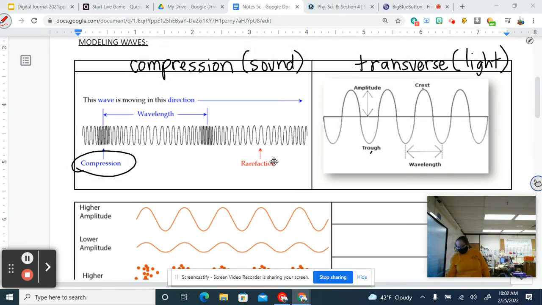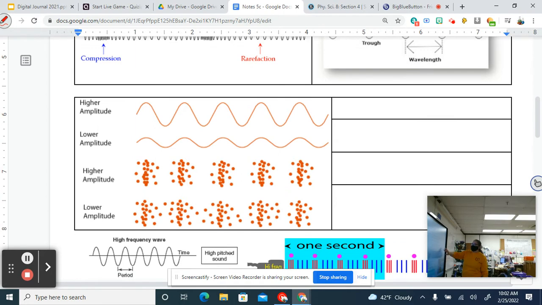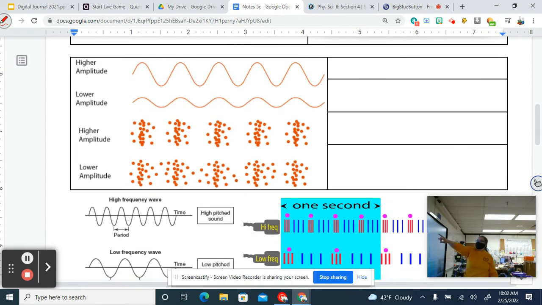Now, do we sometimes represent sound waves in an up and down fashion? Yes. But all they're doing is saying that the crests are the compressions and the troughs are the rarefactions. They've just switched it up. But the way that sound moves is like this, not like this. All right, so now we got down here, we've got two waves that have a high